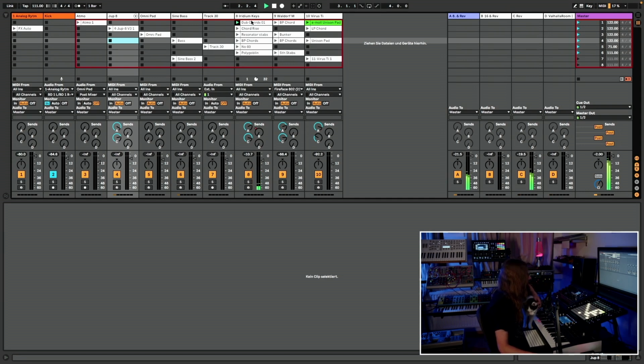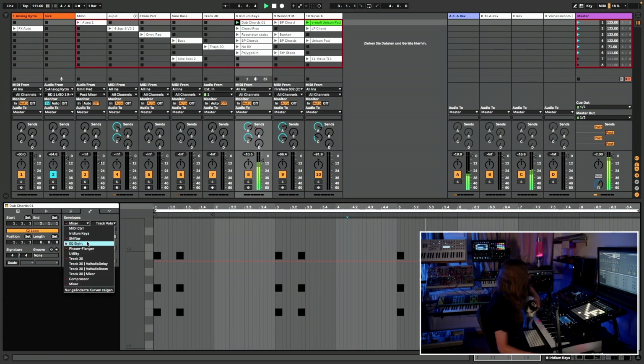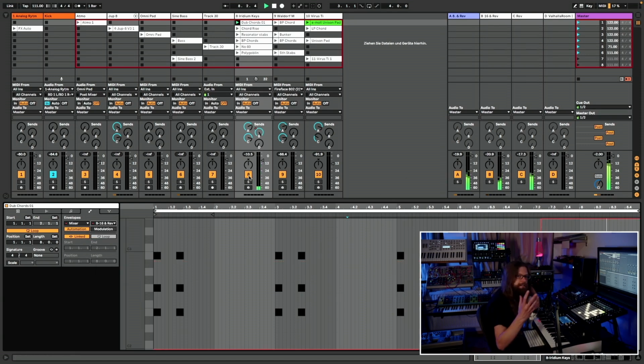So that was from the first track. And here we can see that there is a send, and I automated the send so that the last note would get a different delay sound. So you see I have different delays over here,